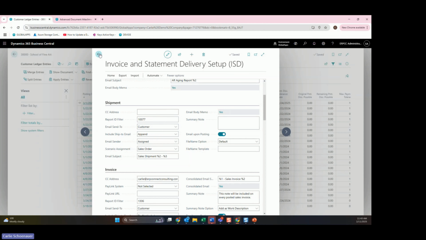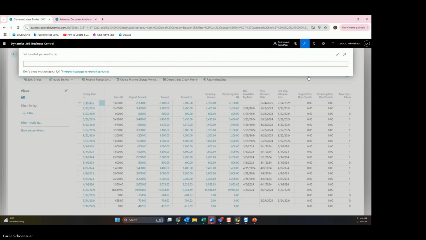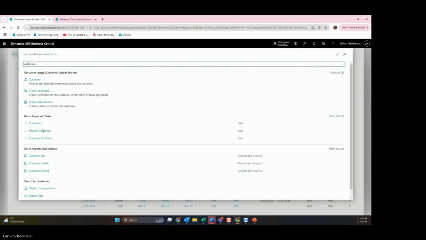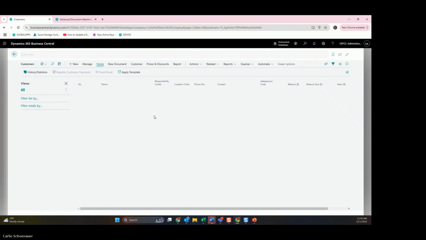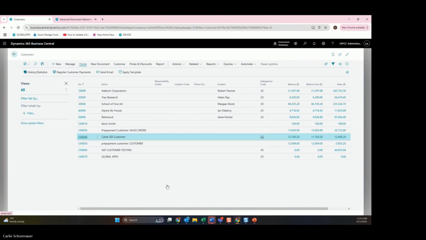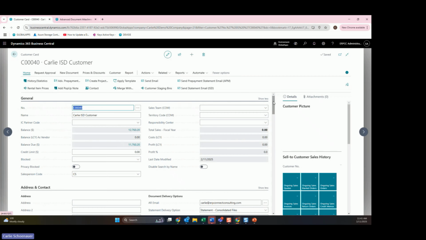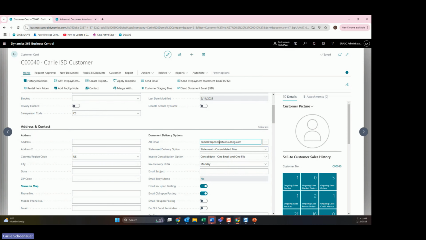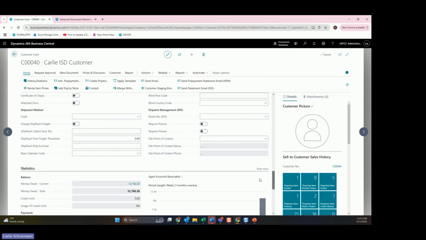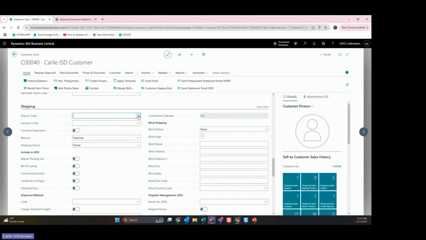So I'm going to go, and let's start at a customer card. With what we just reviewed, I have it set up to send to my customer email, which is this right here, and to send to the ship to email if there is one. So if I come down here and I go to my ship to codes,